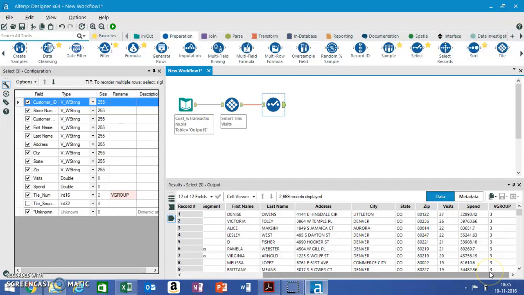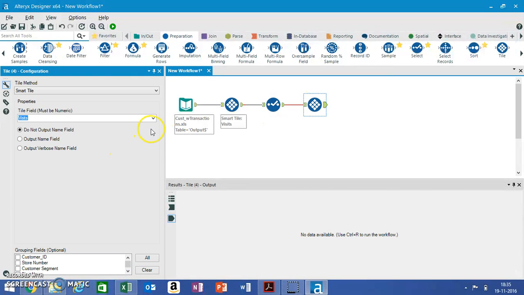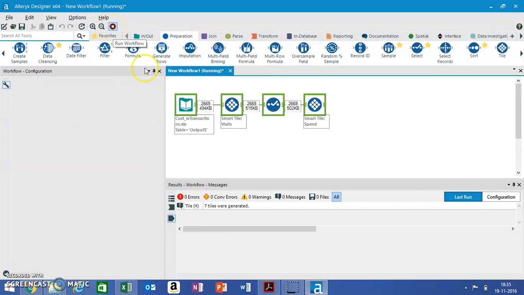Now we wish to perform analysis on the spending amount of customers. To perform that, we'll need another tile tool. Drag this and connect to select tool. This time we'll select tile field as spend. If we run the workflow,